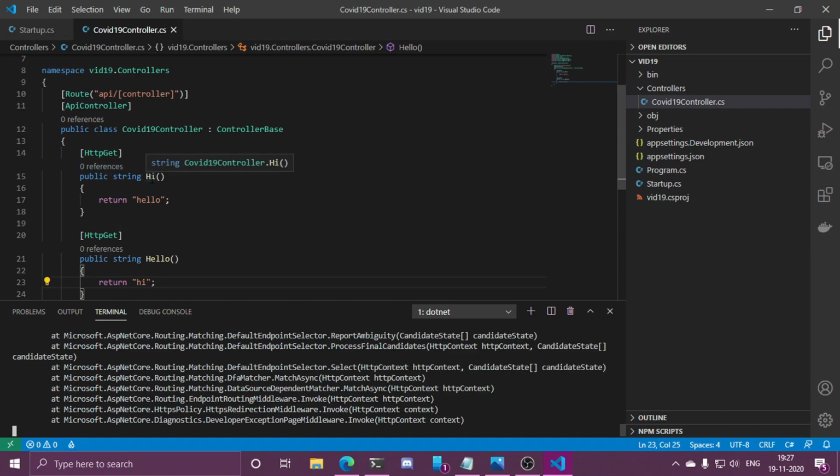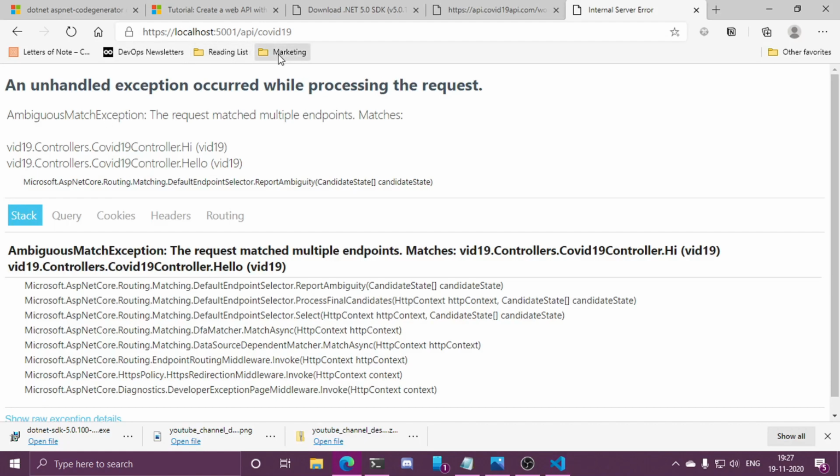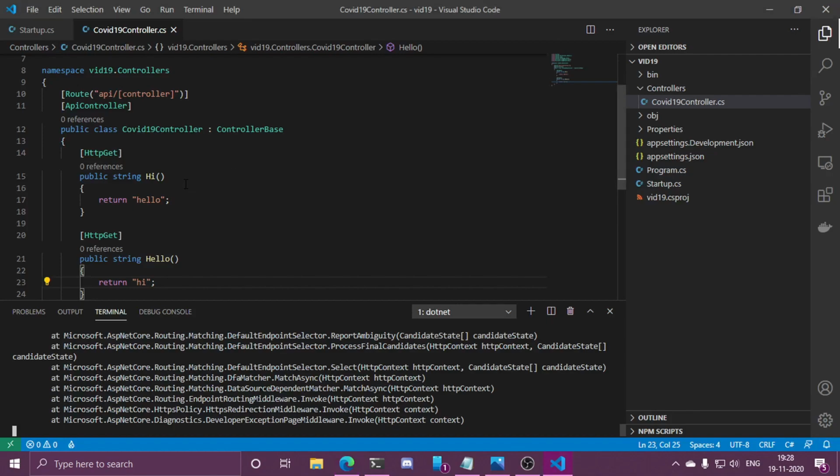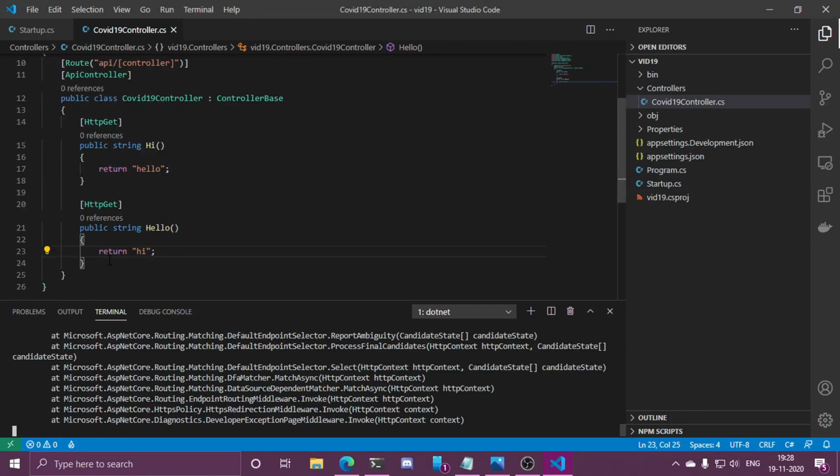Now it does not know which one to serve to the end user. When there was one, there was no conflict. So the .NET framework already knew that the user is requesting some get data and how to locate it, because there was only one get method. But now there are two, and hence the .NET framework is confused. So this is one thing which you have to take care of.